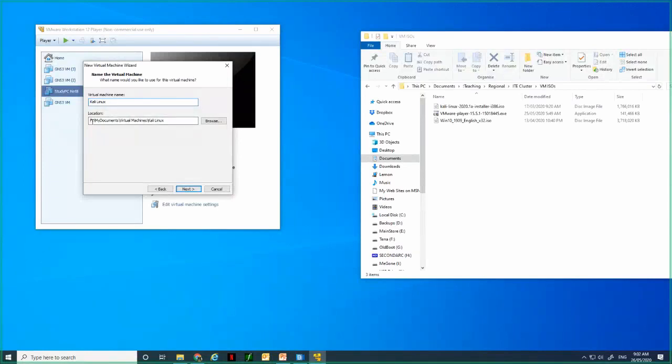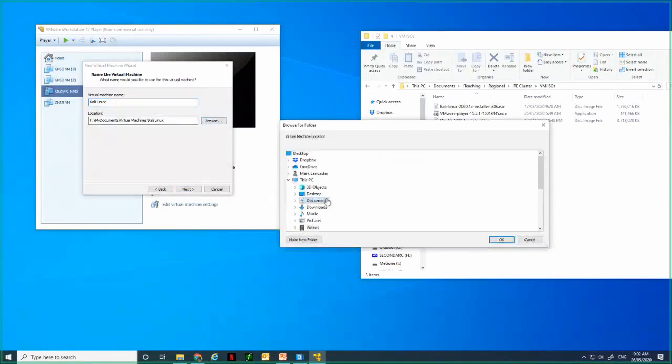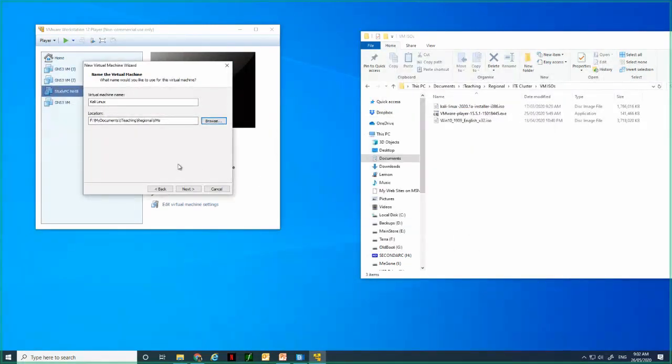And then where am I going to create this virtual machine? Well, I'm going to create it under my teaching file structures, and I'm going to make a new one called VMs. So I'm going to make this new virtual machine in this location,